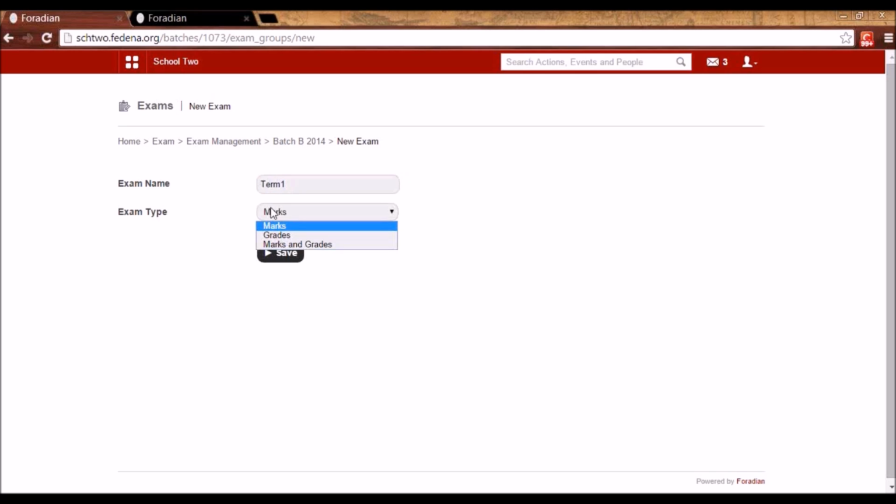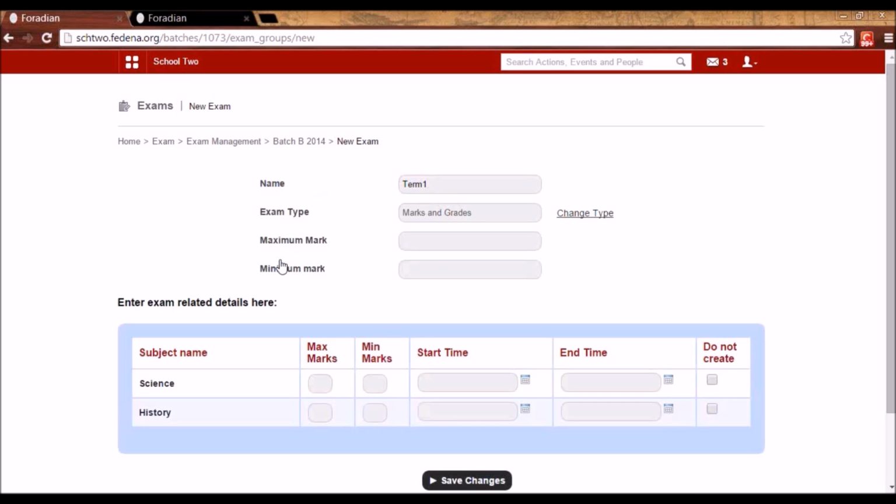And what do you want to show in the report card? Do you only want to show marks, only grades, or both marks and grades? So these 3 options are available. So for term 1, you can select what you want to show in the report of that student. So let me select marks and grade. So once you create a new exam like this,